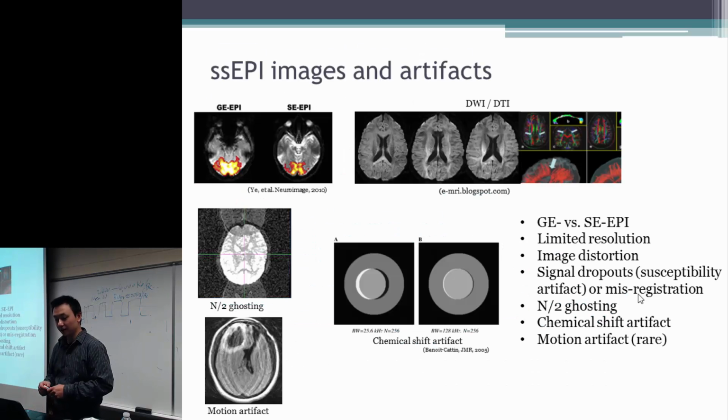Right, so here are some images and artifacts. SS here means single shot, so it's single shot EPI. Here this is the gradient echo EPI, and this is spin echo EPI. From here we can see it's exactly the same slice location. For the gradient echo EPI, we can see that there are a lot of signal dropouts, and some distortions if we look at the eyeballs,